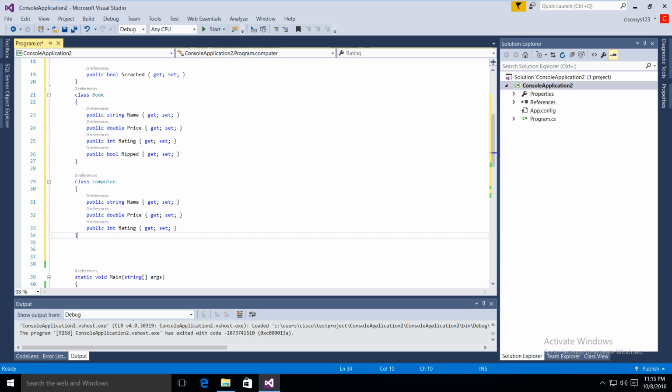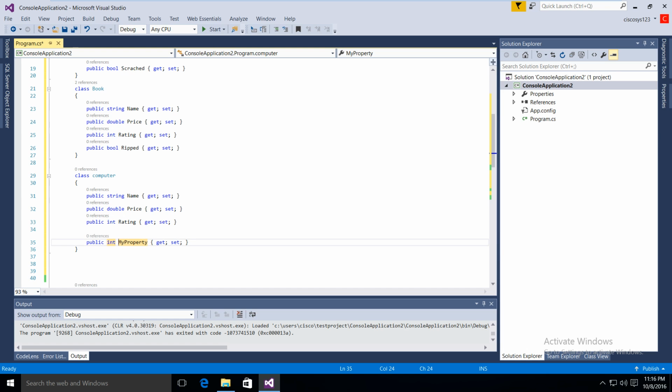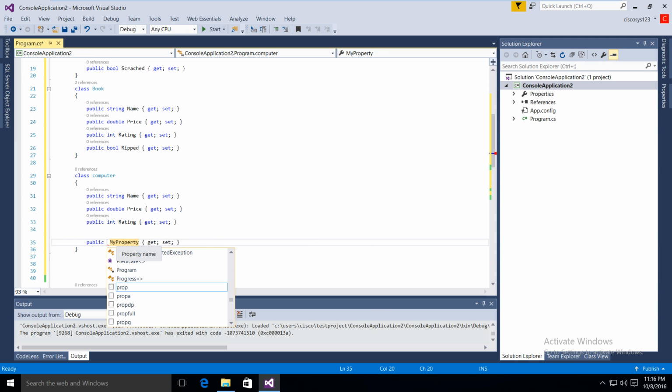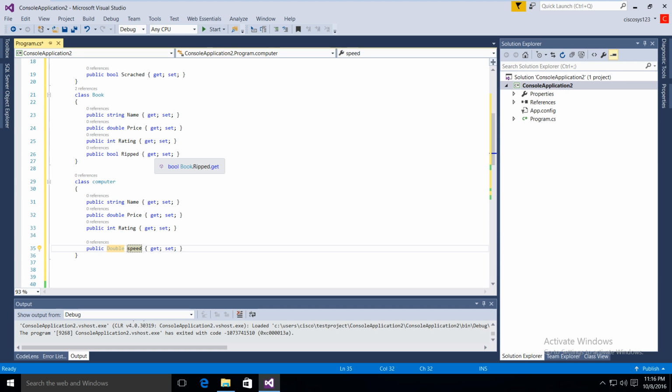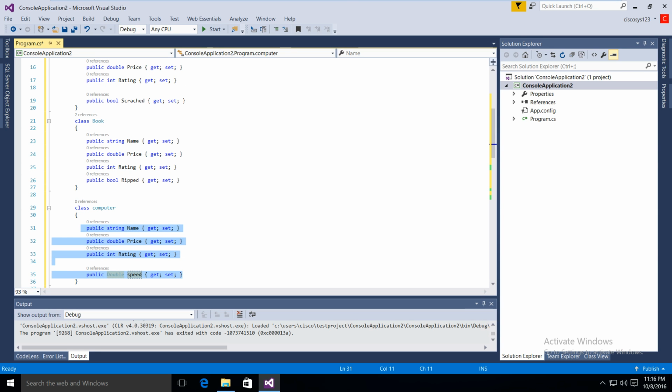Maybe write what kind of computer it is, maybe the description, maybe I'll have a new one called prop speed, computer speed. So I'm going to have a decimal, maybe a double, and it's going to be speed. So you get it. I'm going to make a new computer, but I don't want to just copy and paste stuff over and over every time after I create a new product. So you get what I mean. I'm going to make a more efficient way